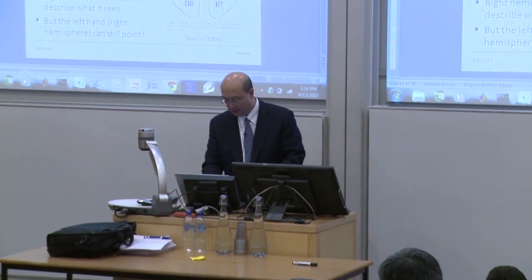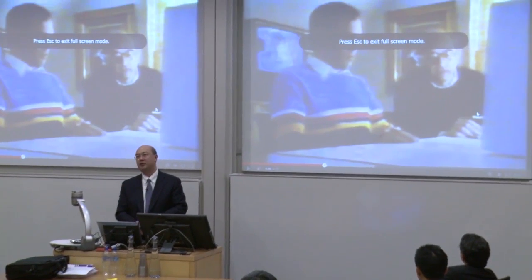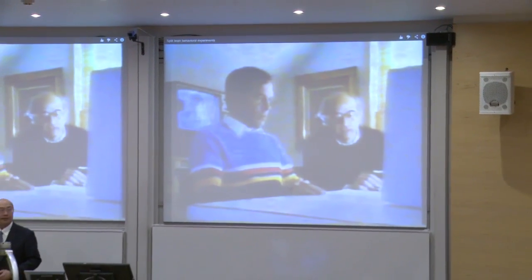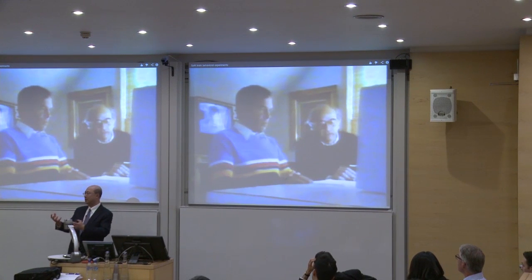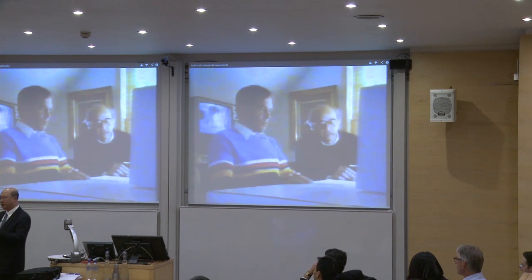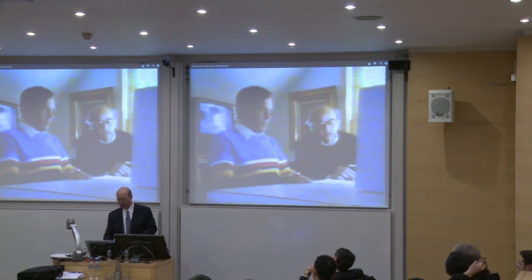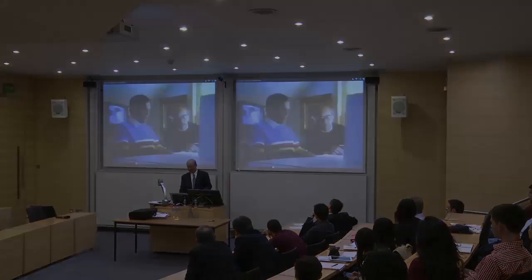It's a fascinating set of experiments that has direct relevance for economists. So here's a video clip from YouTube. This is a split brain patient, and this research was done by Roger Sperry and Michael Gazzaniga. This is Michael Gazzaniga right here. This is a split brain patient. He was an intractable epileptic patient that had his corpus callosum severed. And now what they're going to show him is two things, one on the left and one on the right visual field, and you'll see what happens next.